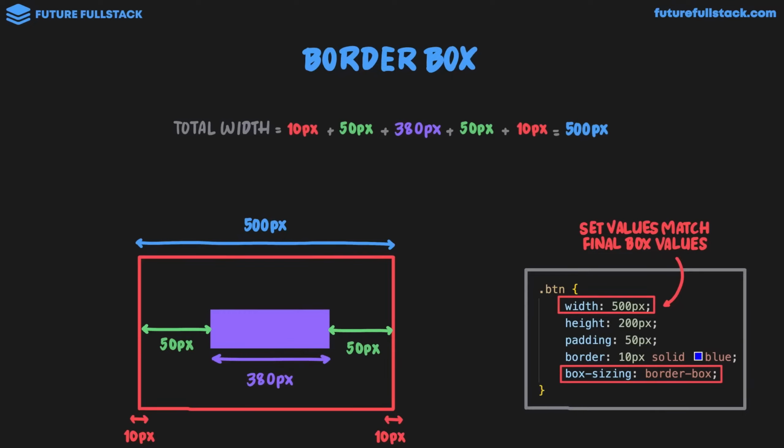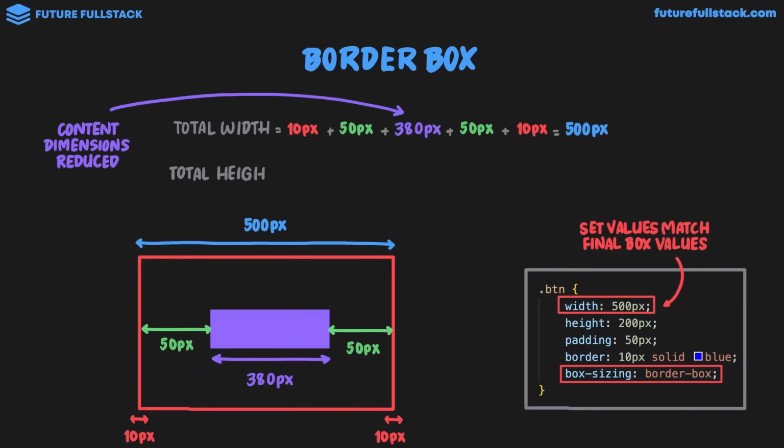I want to highlight that the content dimensions have reduced. Doing the same thing for the height, the calculation would look like this: total height equals 10 pixels, plus 50 pixels, plus 80 pixels, plus 50 pixels, plus 10 pixels, equals 200 pixels, where again, the content dimensions have reduced. So before, the total width and height were called calculated values,